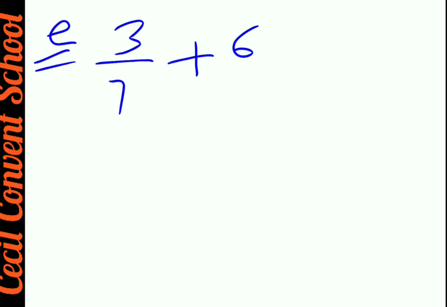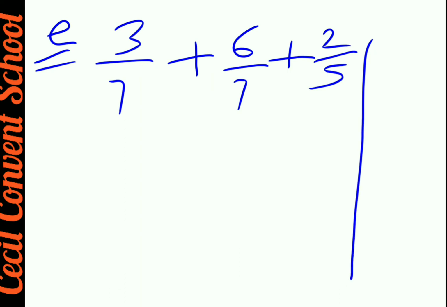Clear? Now we do E part. Here you will see that in E part, we will not get a common denominator. Why so? Because they are not like fractions. So see how we do it. Now we will find the LCM. You can find the LCM on the side also. 7, 7 and 5. Clear?